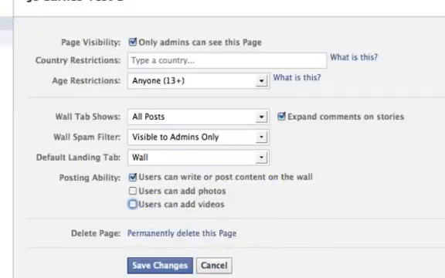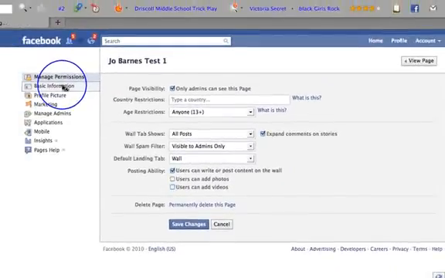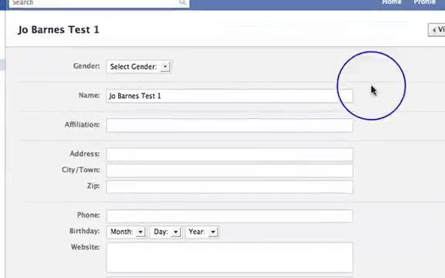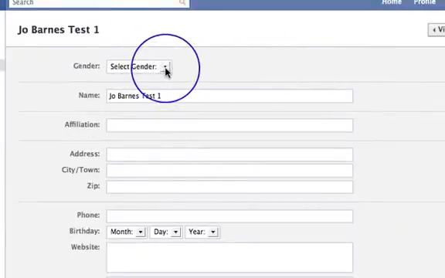Okay. So then we move down to the second one, which is basic information, and this is where you are going to put all the information about you. Now, as I said,